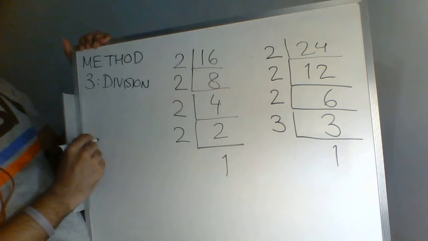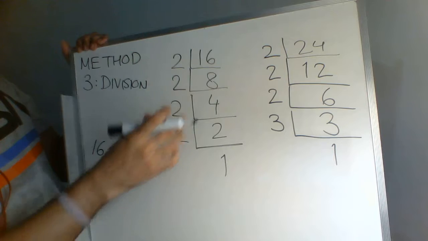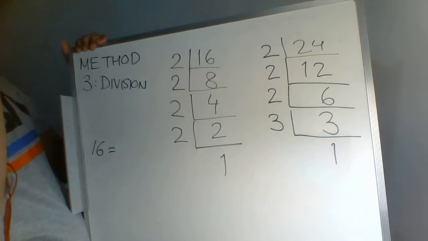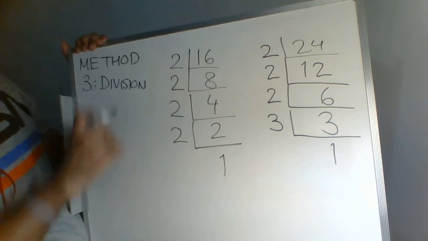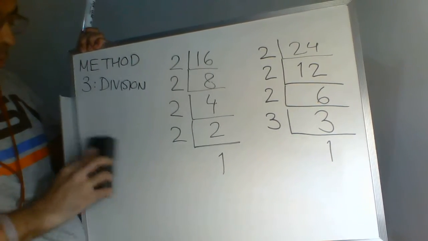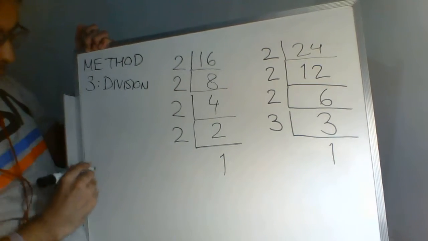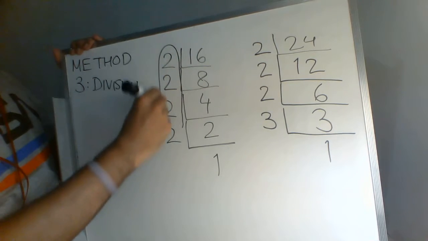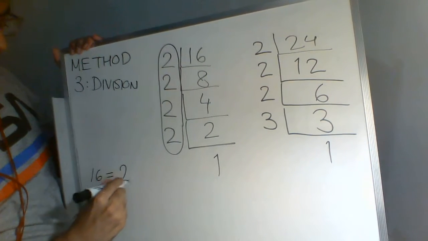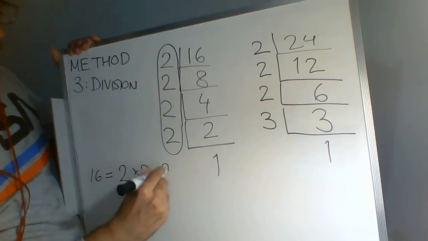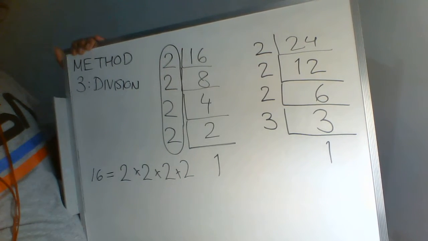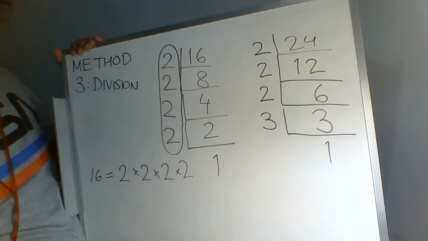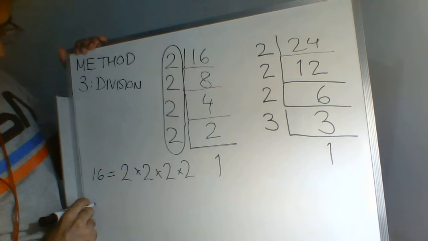Now, much like the prime factorization thing, we're going to take the collection of numbers that we got and just list them going across. I'm going to actually move this down just a little bit. So we've got that 16 over there, and we're just going to list these numbers here all multiplied together. So we've got 16 is equal to 2 times 2 times 2 times 2. Those are all multiplication signs. So we got 16 is equal to 2 times 2 times 2 times 2, which is what we were getting